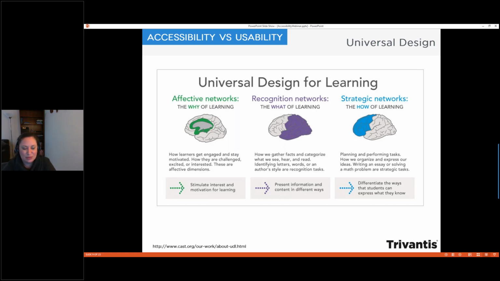We want to provide flexible and varying means of engagement and different ways to represent that learning, allowing for a more inclusive learning and teaching environment for all learners. So we have three principles here. We have multiple means of engagement, which means to really stimulate motivation and sustain enthusiasm for